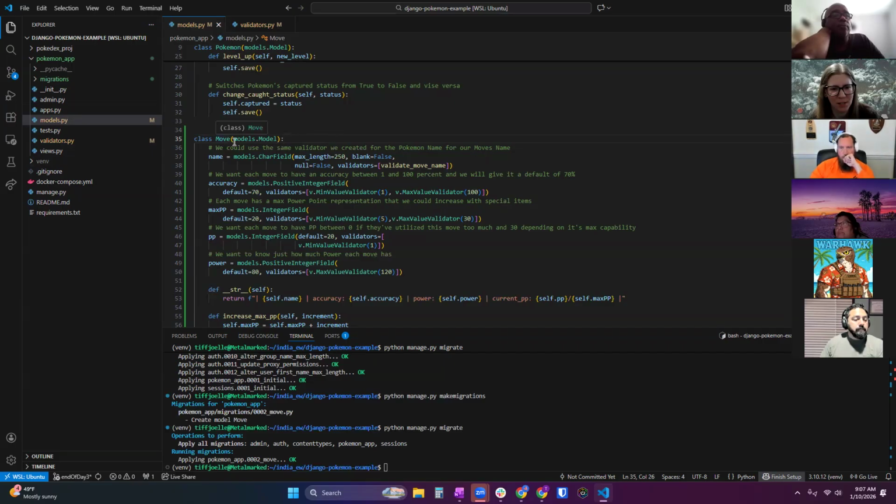And then secondly, we're inheriting from the built-in model within Django. So that also lets the interpreter know that this is going to be a model versus just a class, a class object we're going to use.